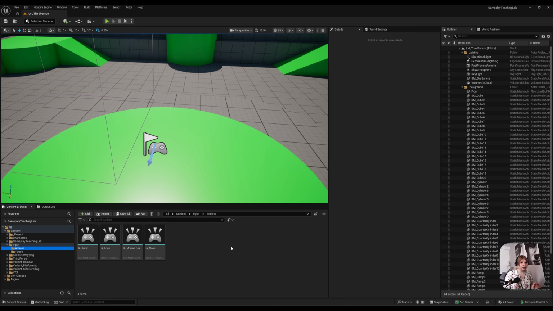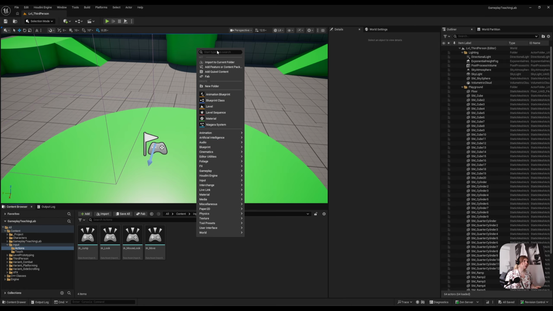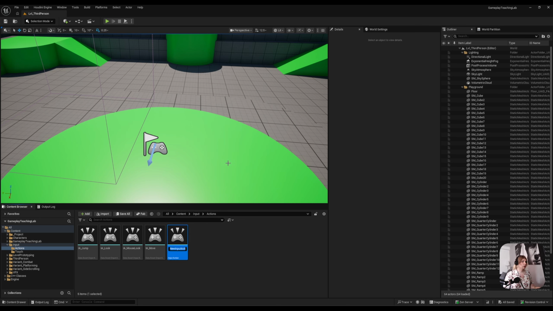So we don't have to set up everything from scratch. We simply add a new input action and link it to the existing input context. So go to the input actions, right click on the empty space and type input action. I'll call this IA_Interaction